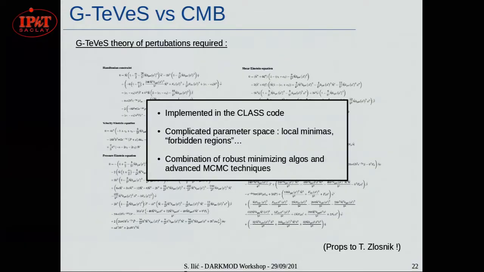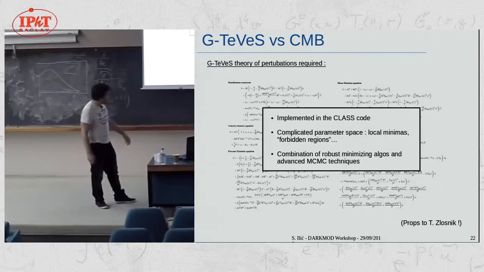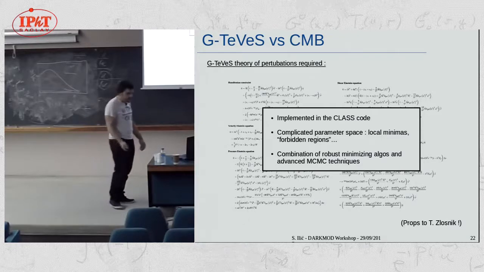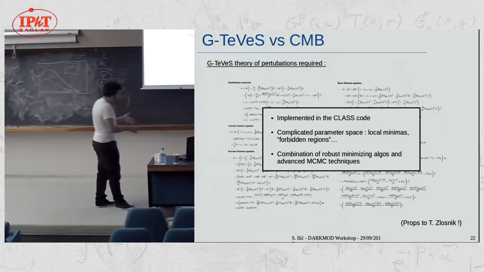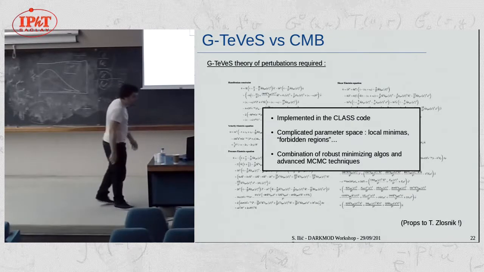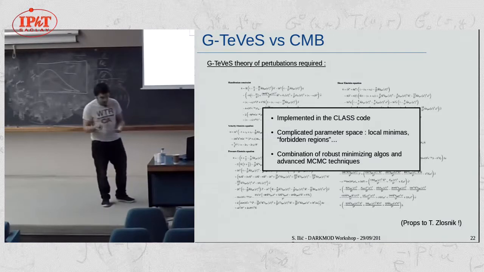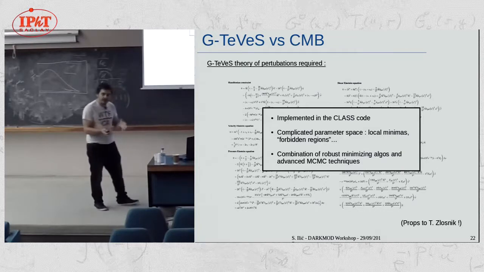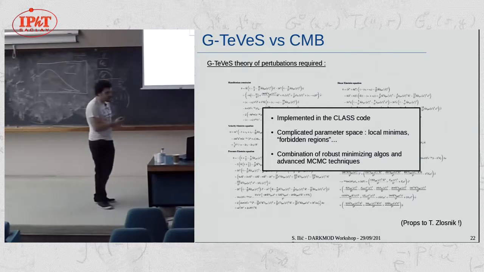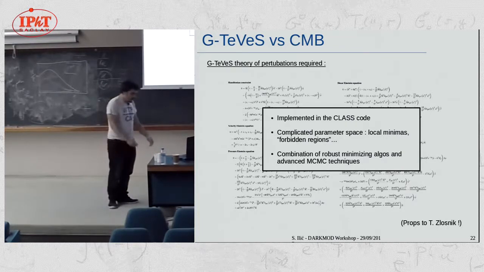Once you have the equation, me and my colleague Tom Sloshnik, we implemented it in the public Boltzmann code CLASS, from the vanilla version of the code. So far, the code seems stable, but regardless, we're still currently testing it against an independent code by Konstantinos Kordis, a TeVeS code by Konstantinos Kordis.